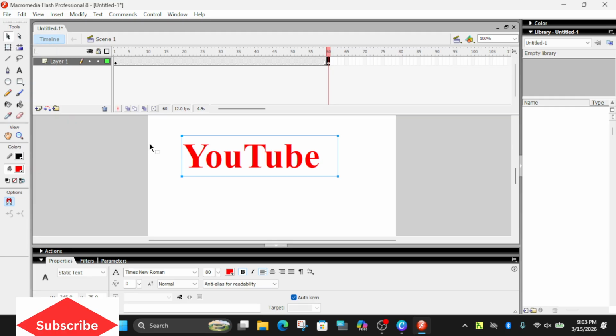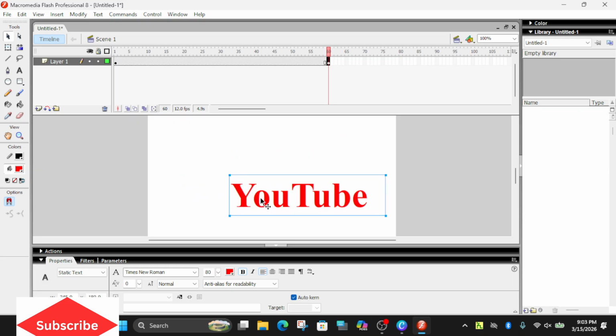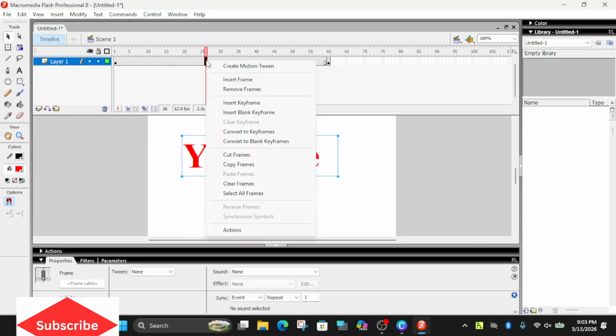Selecting the selection tool, move the text at least some distance to the front. Between frame 1 and 60 we have a frame line here. Right click on the frame area between them, then click on create motion tween.